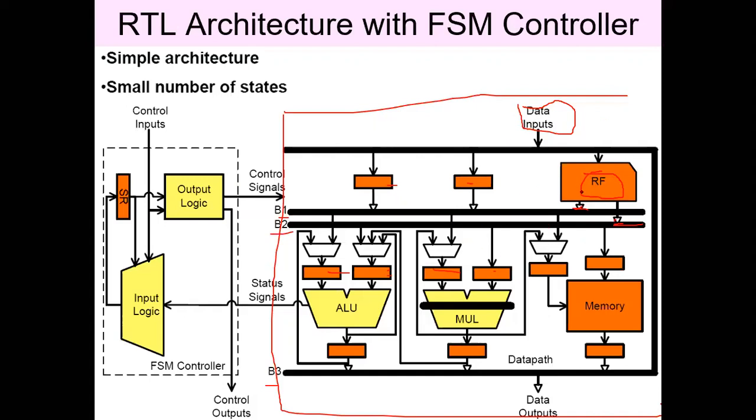Here, this is a 2-port register file, which means it can access 2 memory locations simultaneously. If you give the address of a location, you can access that particular memory location. So simultaneously, 2 such locations can be accessed in this register file. This is the 2-port register file, and here we have some functional units.